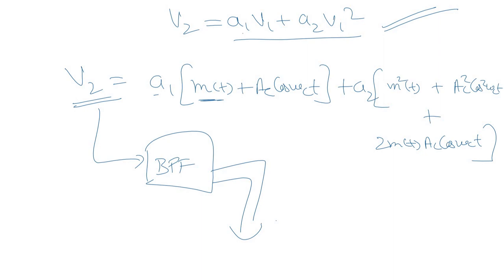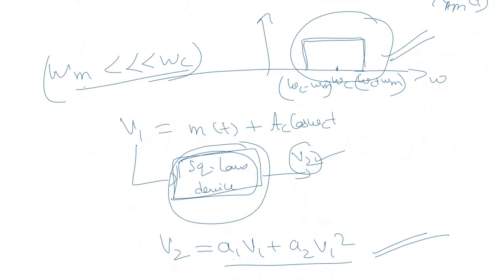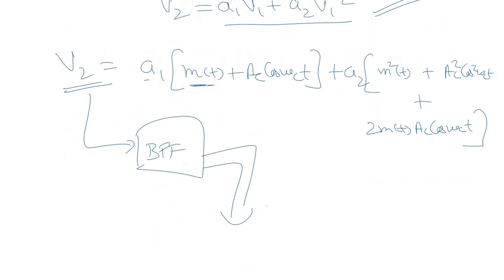What is the frequency component present in here? In this component, it is omega M, right? The frequency of MT is considered to be omega M. So does omega M pass through this band pass filter? No. Omega M is a frequency which is much smaller than omega C, right? So definitely omega M will get eliminated when we pass this signal through the band pass filter. So this signal will get